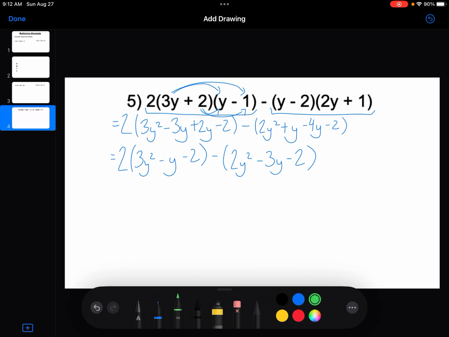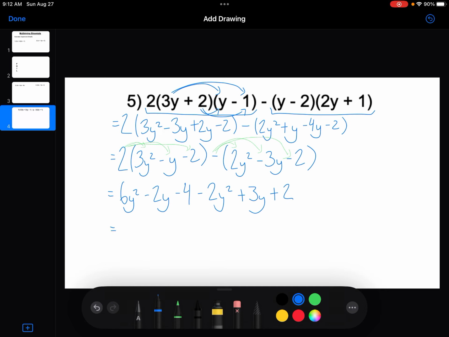Now in this next line, what I'm going to be doing is I'm going to put in this 2 to every term here. And I'm also going to put this negative onto each of these terms. So that negative sign is going to go into this bracket. So when we're done, we're going to have 6y squared minus 2y minus 4. And now that minus sign is going to change all of the signs within that bracket. Minus 2y squared plus a negative and a negative is a positive, 3y